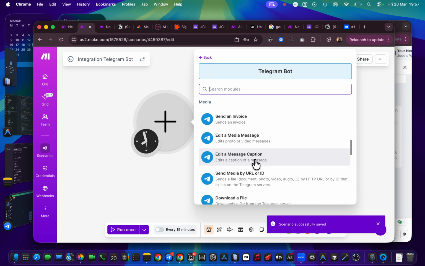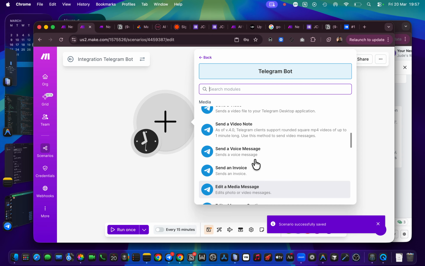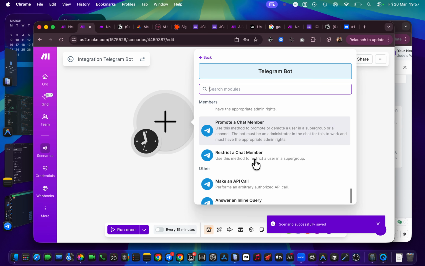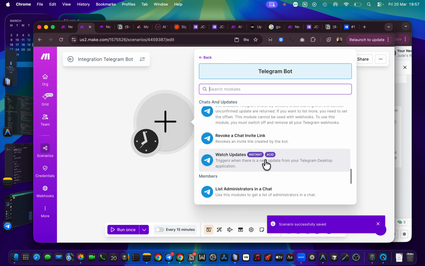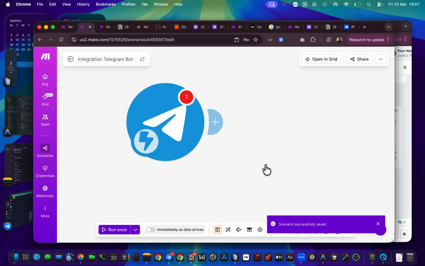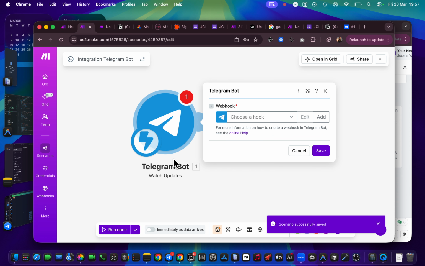I want something that brings in messages, not to send. So I have to look for something that's going to watch updates, that triggers when there's a new update from your Telegram. Okay, so what I should have picked there was this webhook instead. So I made a mistake. Rather than choosing that, I should have used this instead. But we've made our connection already.